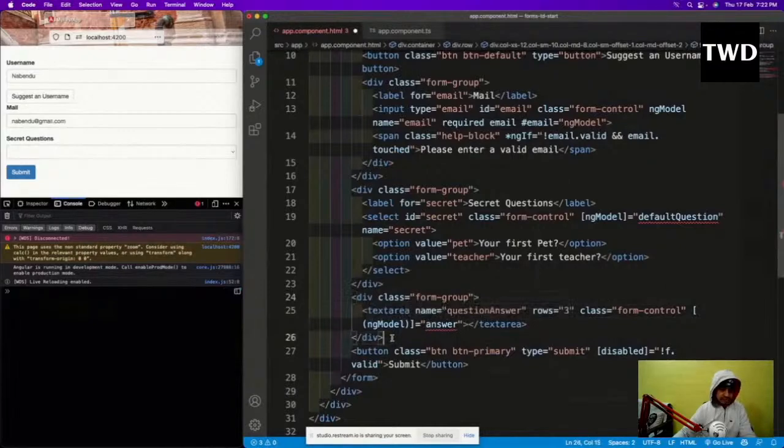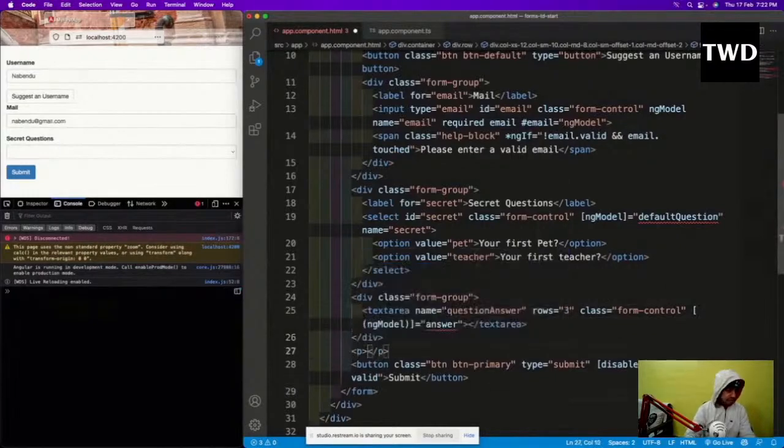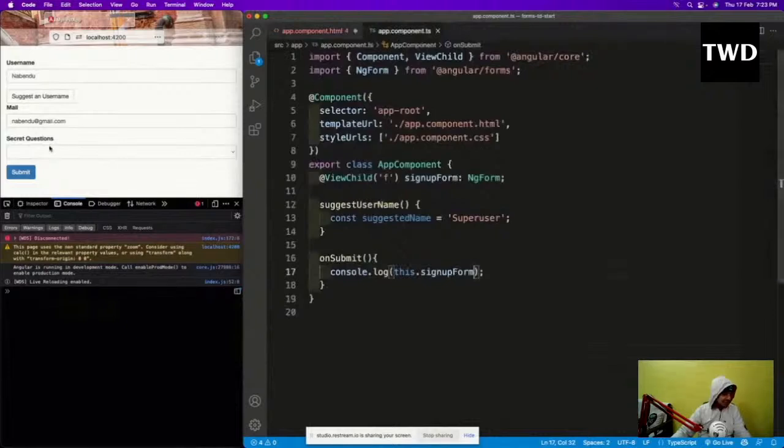Okay, I'll have a p, and this p will be your reply is answer, like this. Again, the answer is not there, so if I save it, it will give me error. Okay, so let us have those things in the app component, because it is yelling at us and it is showing that everything will be red. And also